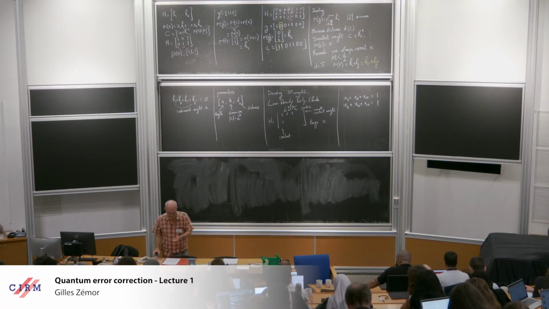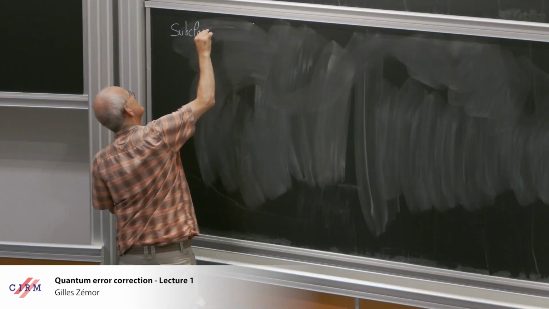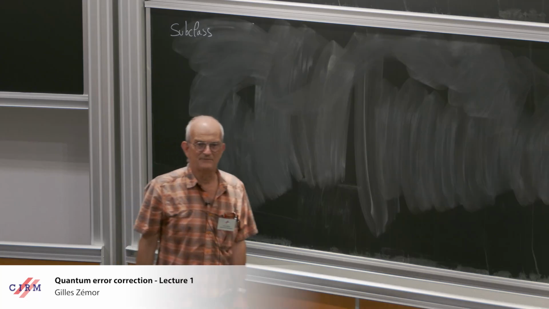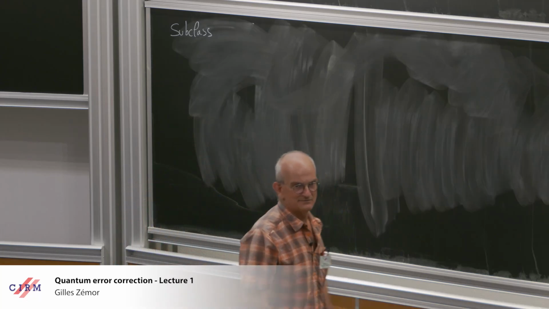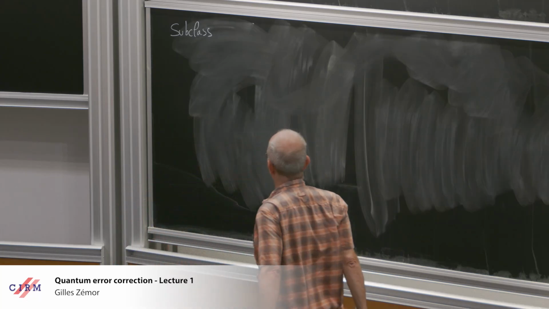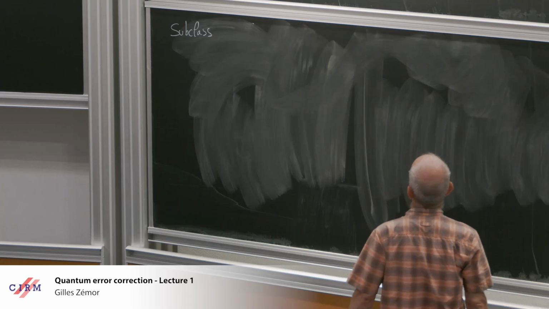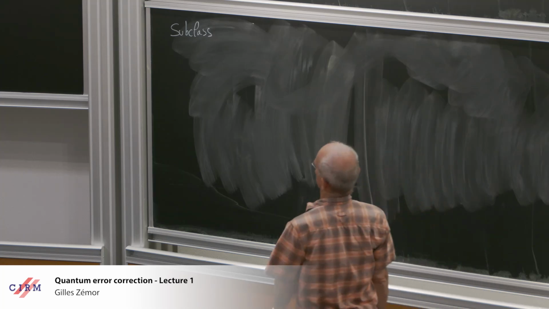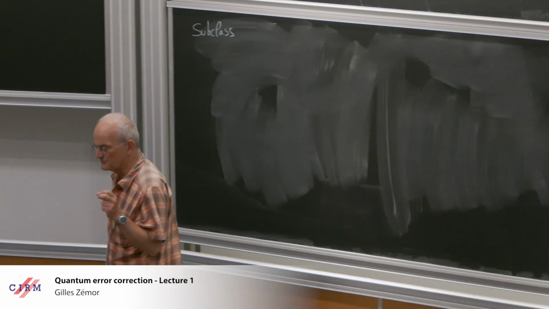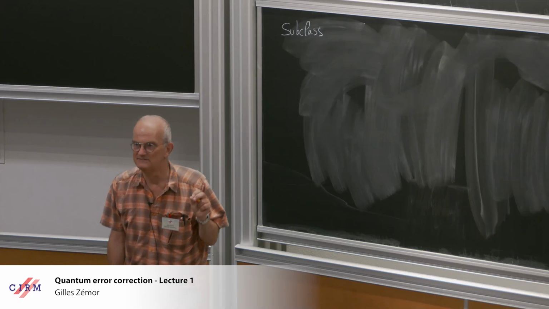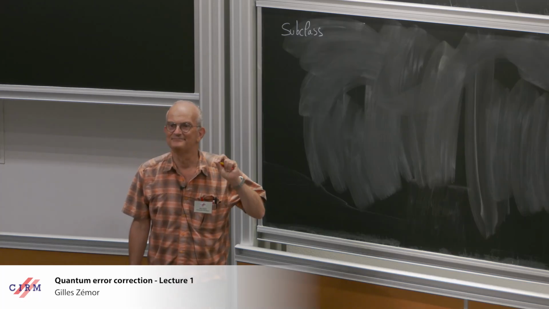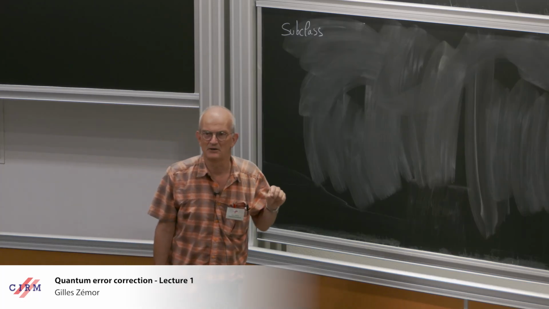But this brings me to a particular subclass of LDPC codes, and these will be my last words on classical coding. And this subclass is really very relevant to quantum coding, as I hope to show you